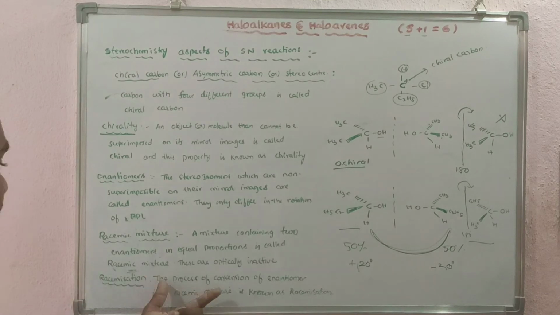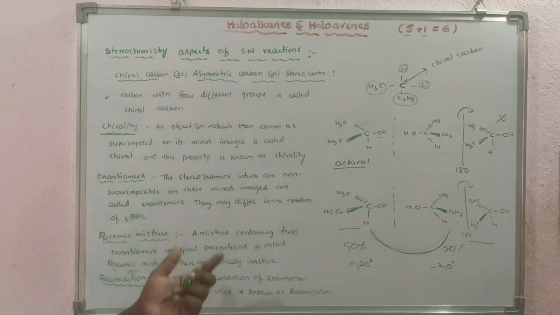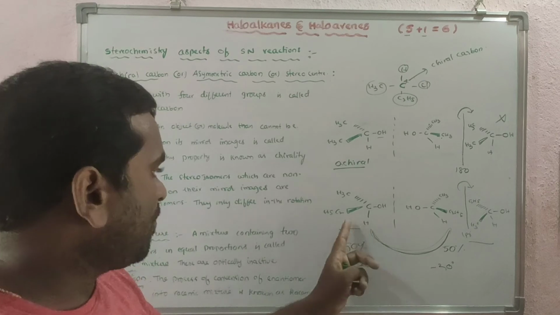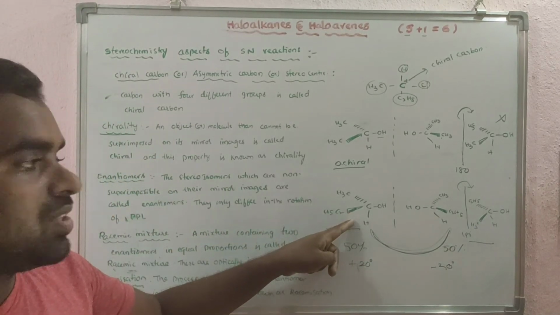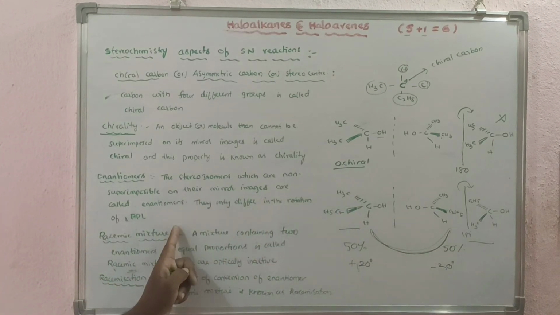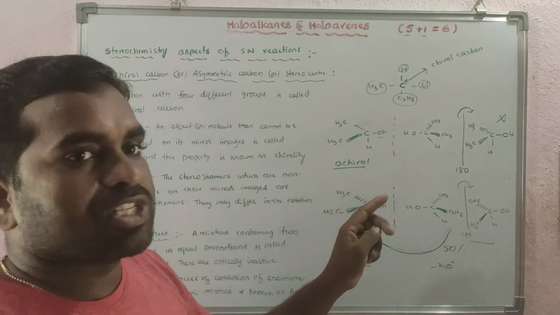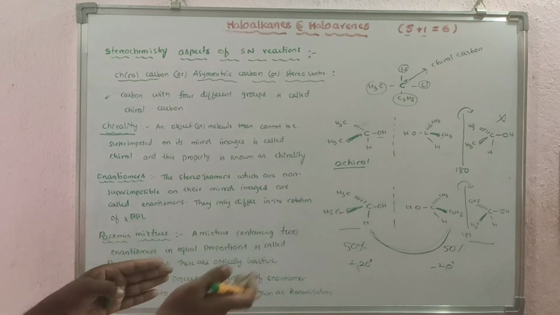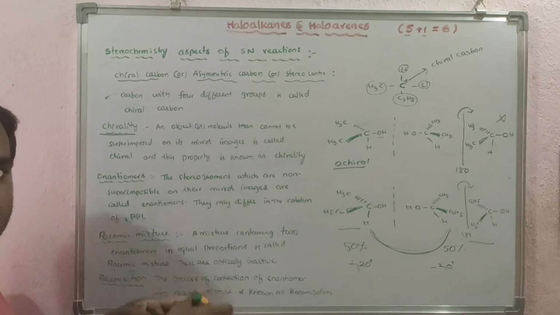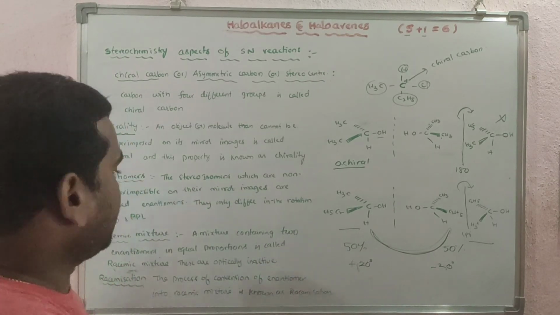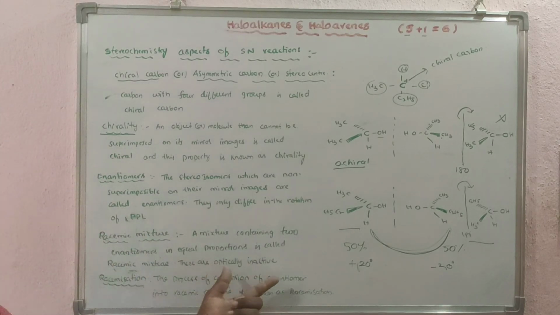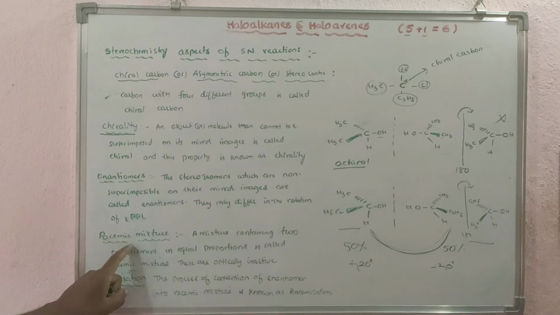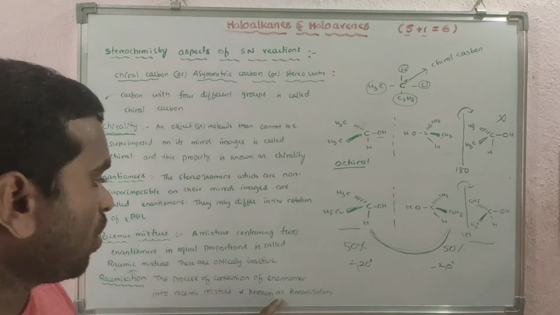Okay? Next one, racemization. What is racemization? The process of conversion of an enantiomer into a racemic mixture. You have to convert the enantiomer into a racemic mixture, meaning 50% should be present: one is 50 and another one is 50. If you make it like this, then you get racemization, the process of conversion of the enantiomers into racemic mixtures, and that we will call